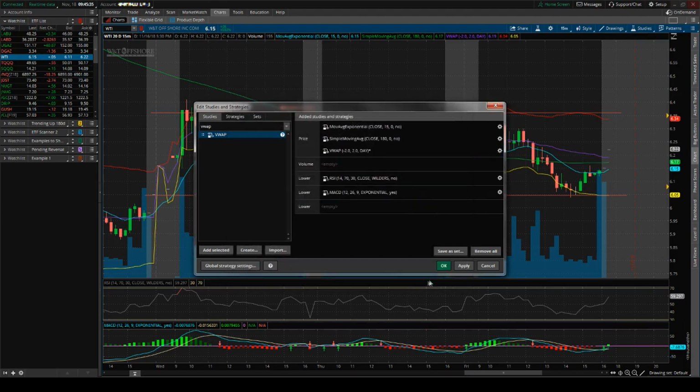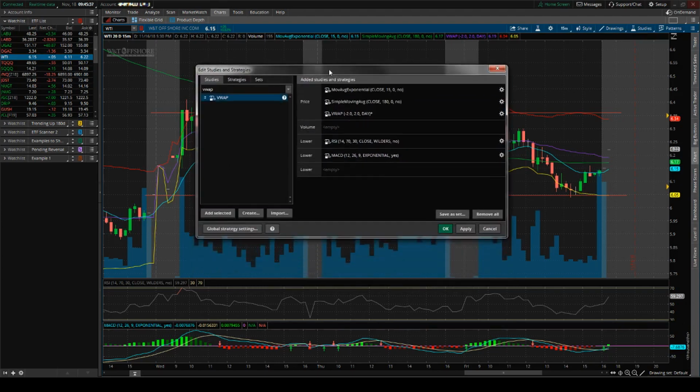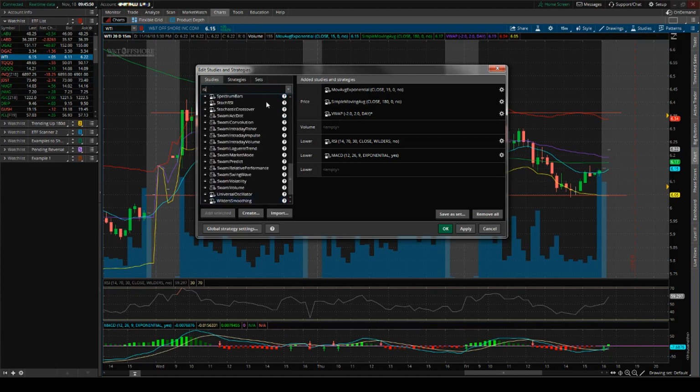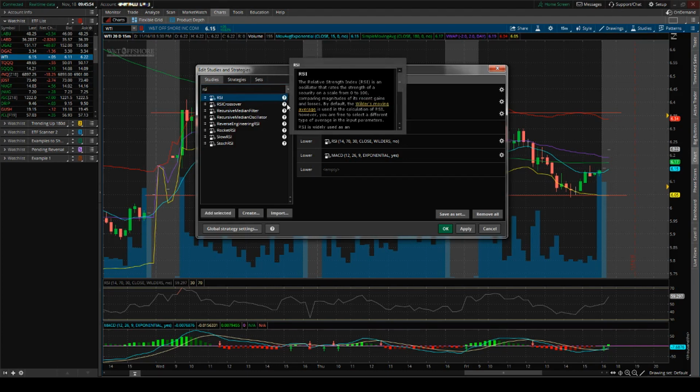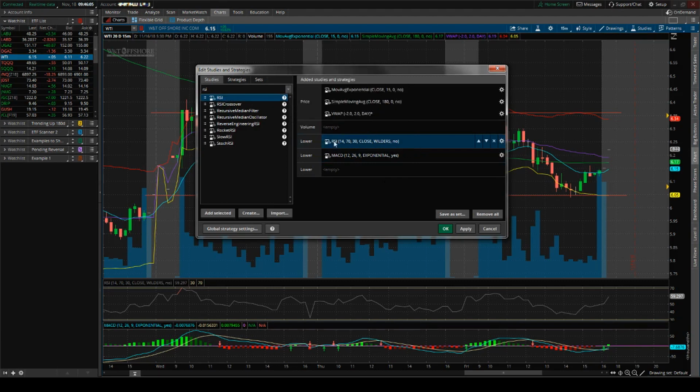Okay. The next indicator that I like to use, over down here where it says lower, lower simply means you're going to have another window in your charts window. Okay, so I'm going to add the RSI indicator. The RSI stands for Relative Strength Index, and I'll give you a very brief explanation of what it does in a second here. But you would double click on this, and then it's going to add it into this